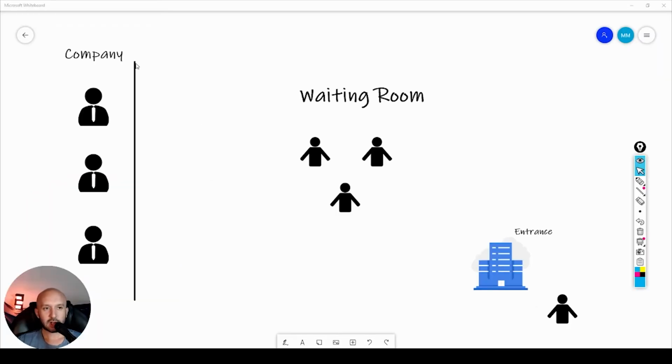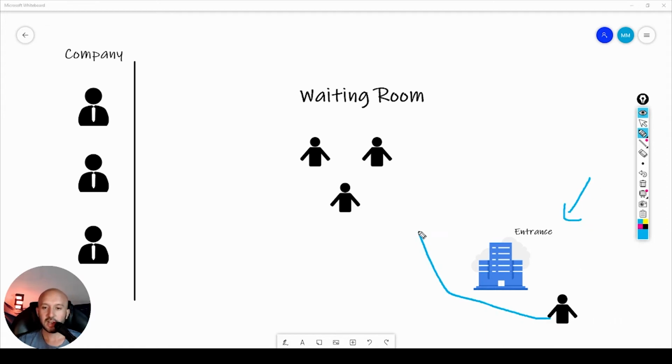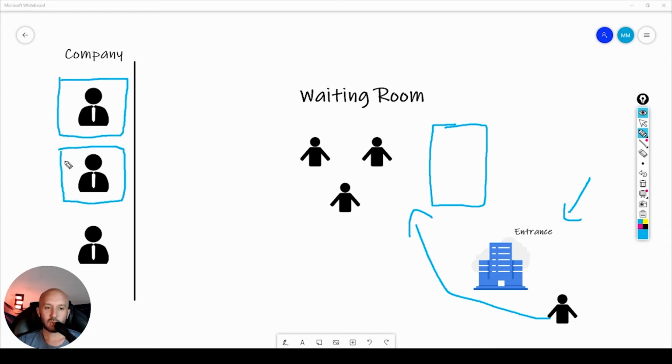Okay, so in here we have a whiteboard with some images to represent the reality that we are modeling. Basically we have a company that has an entrance and clients go through it into a waiting room where there is a queue of customers that want to pay for a service, and then we have employees from the company waiting in different boxes to serve these clients and charge for their services or do some administrative task, like modify a service or something like that. So basically that's the reality we are working with.